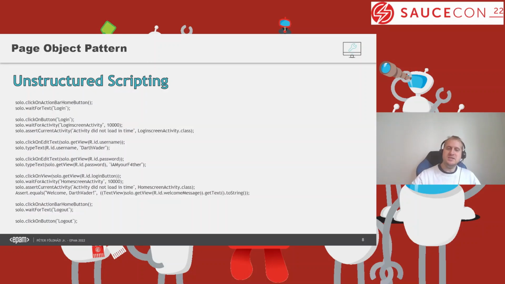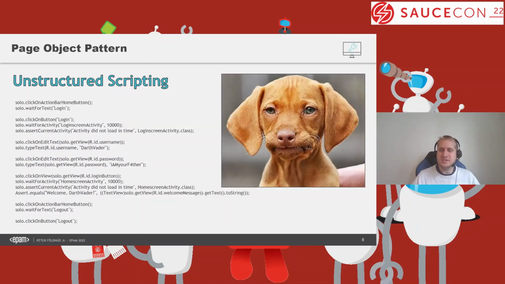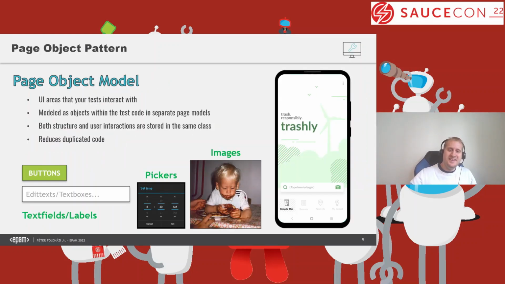So whenever I see someone coming up with such unrestricted, unstructured script in 2022, that's how I look like. And the first ever design pattern that was revolving around solving these kinds of issues was the page object model. And basically what it does is that you have different